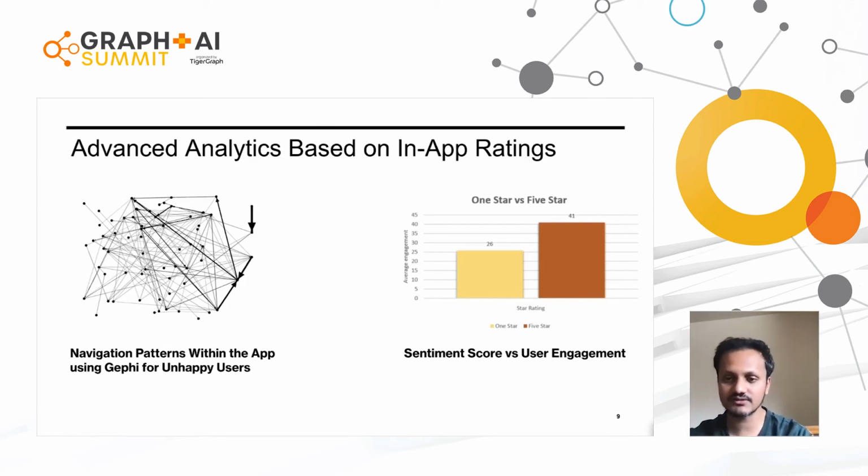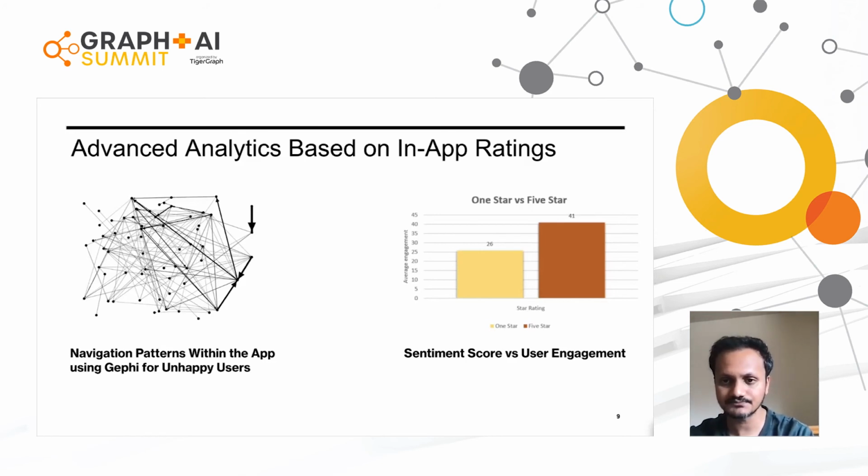You can run more sophisticated correlations, not only with engagement versus 1 star or 5 star. You can do it with churn, which we already discussed. You can also do it with app errors. Let's say there are bugs in your app, you see a lot of errors in the app. So you can see, let's say someone got on average 5 bugs in a month versus someone who got 10 bugs in a month. Is it actually affecting the user experience or the user satisfaction? You can do a lot of those advanced analytics and correlations once you have all this data collected